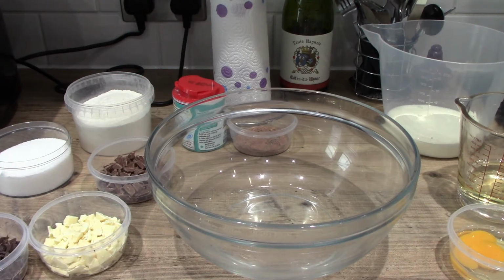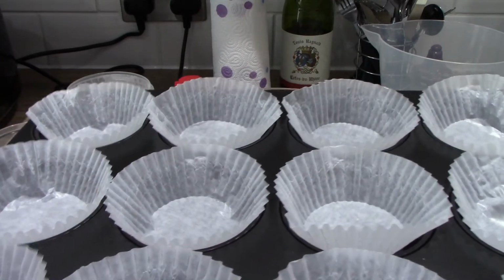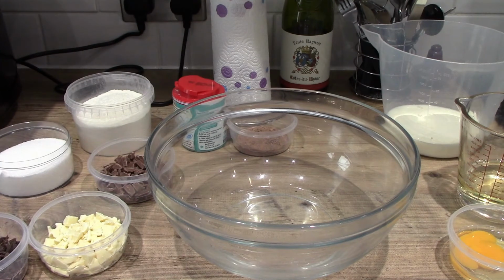So the first job to do is to preheat the oven to 200 degrees Celsius. That's 392 degrees Fahrenheit, gas mark 6, and just line a muffin tray with some cases. Okay, and then what we're going to do is we're going to start off by putting the dry ingredients into